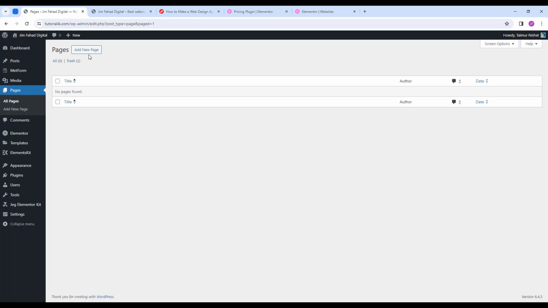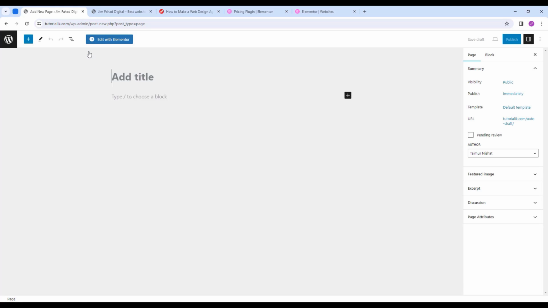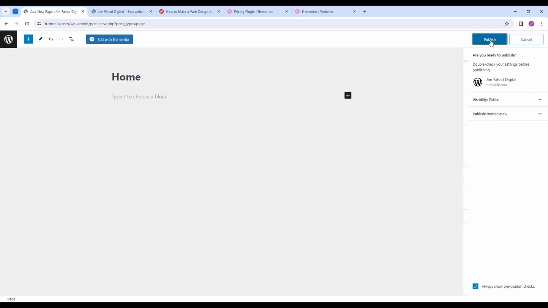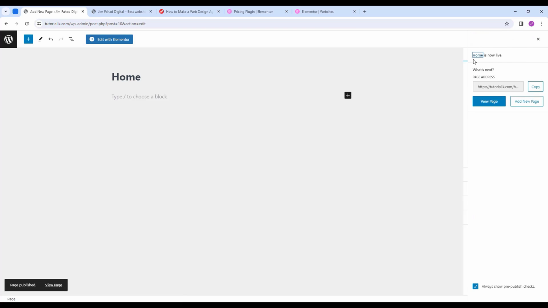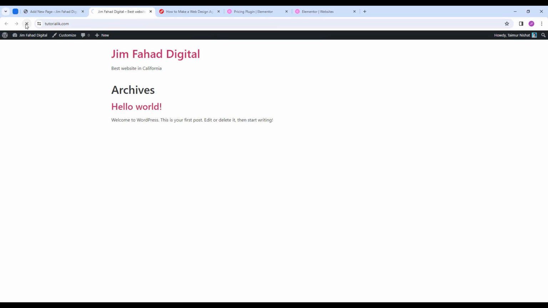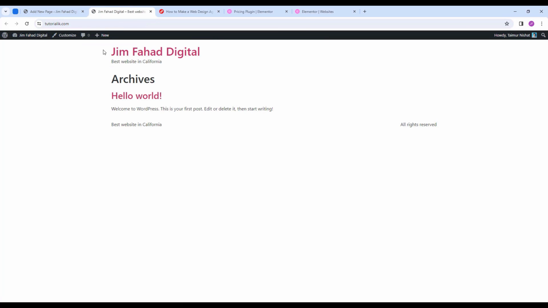Now from here, click add new page, and it will take you to here. Here you have to add the title of your page, so I'll make it home, and now click on the publish and publish again. Now it says the home is live. So let's go back to our front-end website and refresh, but it's not showing the home page we have just